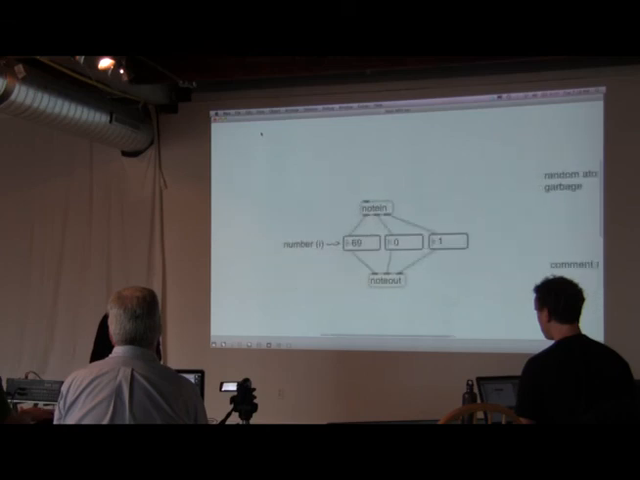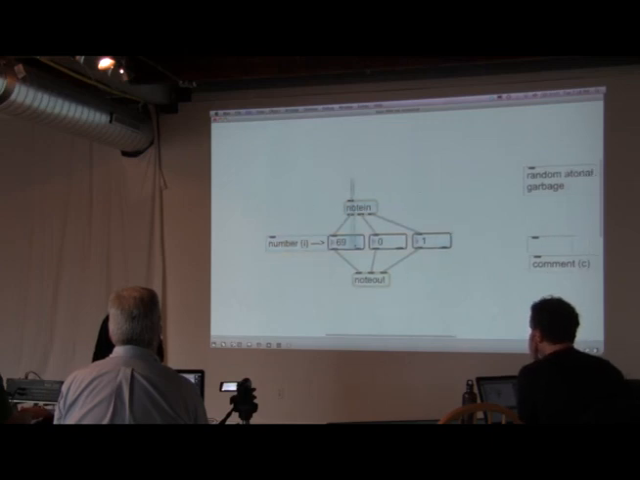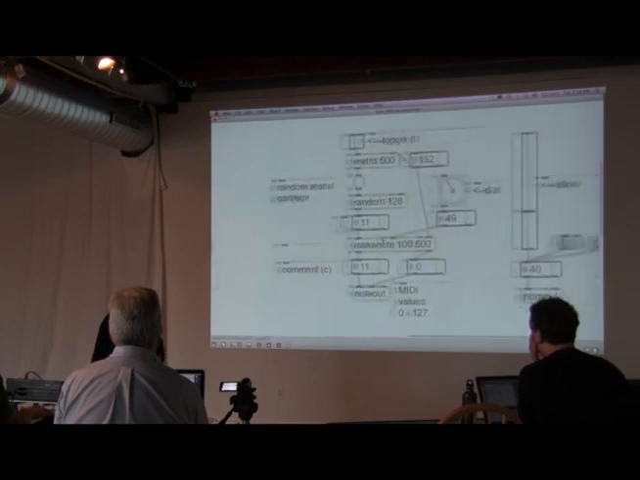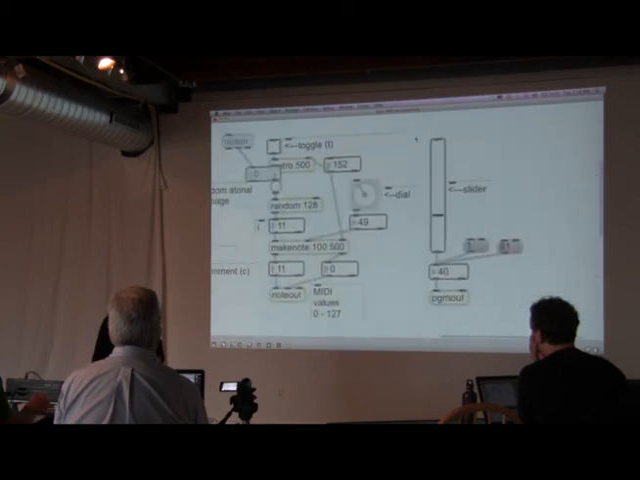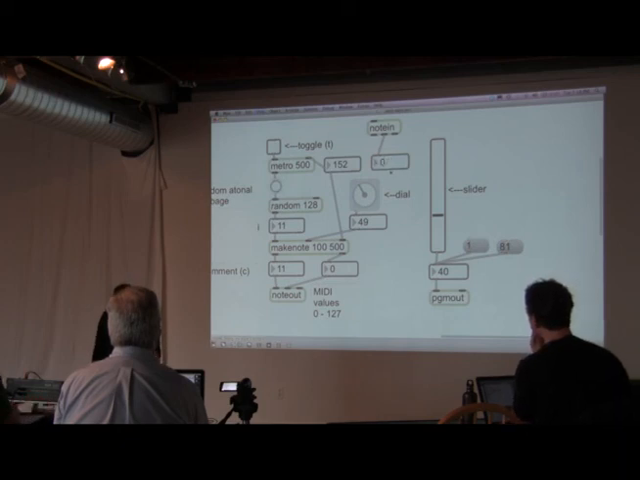Let's see what I have. I had this thing. Let me do this. I had note in, and this was just the velocity number right here. Right? So I really hit it, it's 127. So there's nothing stopping me from saying I want that to control